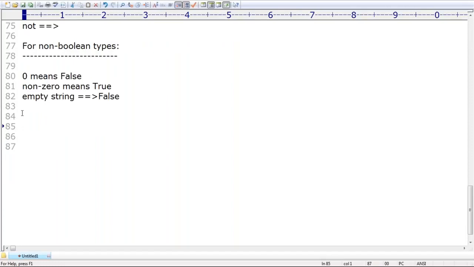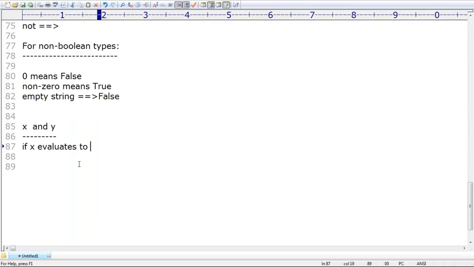Observe that, here I'm taking x and y. Now these are not Boolean types. X and y are not Boolean type. Can you please observe what the behavior of x and y is? Remember that, so very simple. This is which operator? The AND operator, right? Take a very special case.